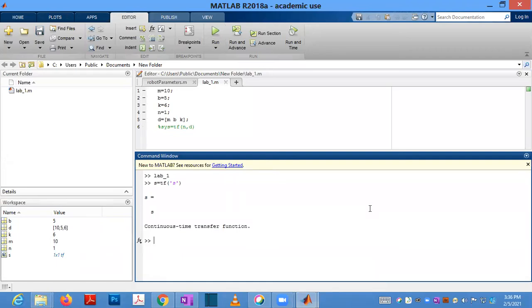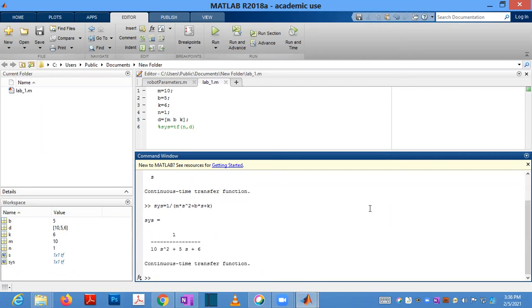Now you can directly enter sys equal to 1 divided by m s square plus b s plus k, that is 1 divided by m star s square plus b star s plus k. So both the ways you will get the system transfer function as this one.